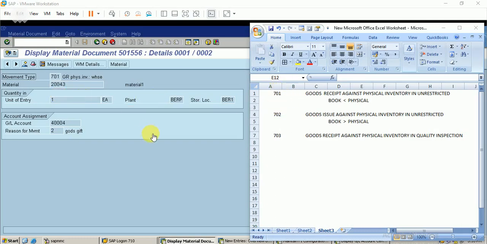Let me explain this 702. There is goods issue against the physical inventory in the unrestricted stock. And similarly for 703 and 704: 703 represents the same thing, but only the stock is not unrestricted, here it will be quality inspection. But the same condition applies here.